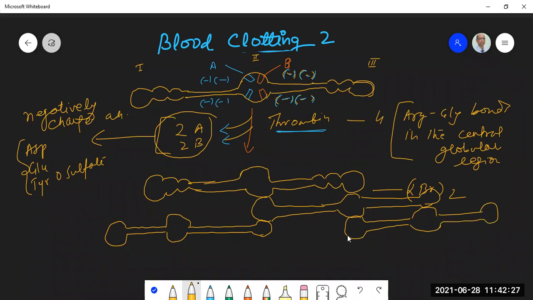Like this. Okay. So now this is the substage 2. This is called polymerization, which is spontaneous. This is how it takes place spontaneously. It doesn't require any help. As soon as these A and B peptides have been removed, the surface charge density pattern changes, and individual fibrin molecules, monomers, will come closer to each other, and they will join spontaneously because they don't have a negative charge now. But still, it is soluble.